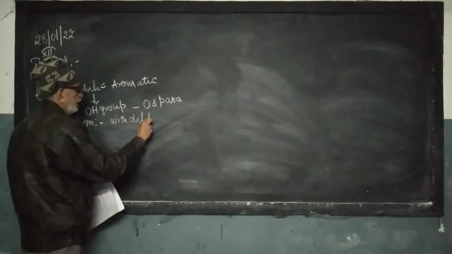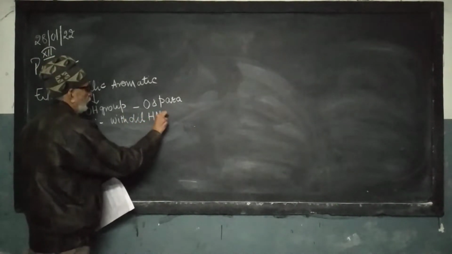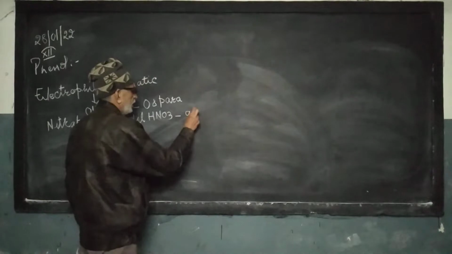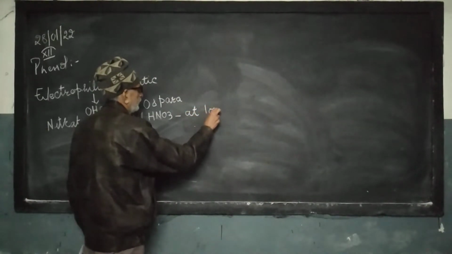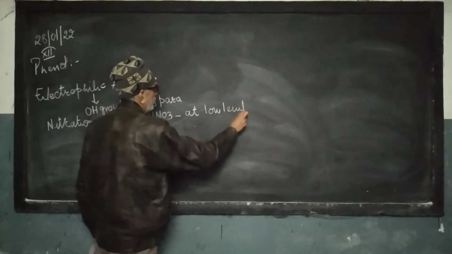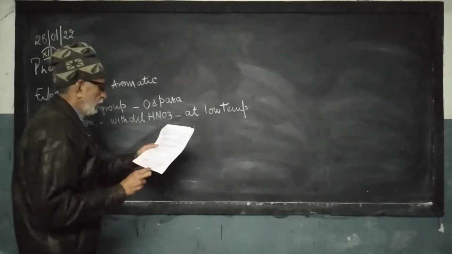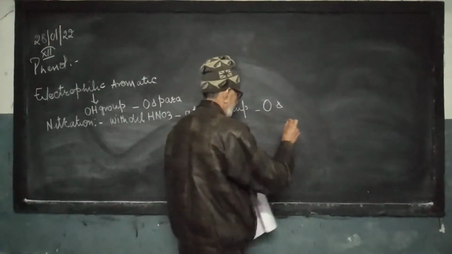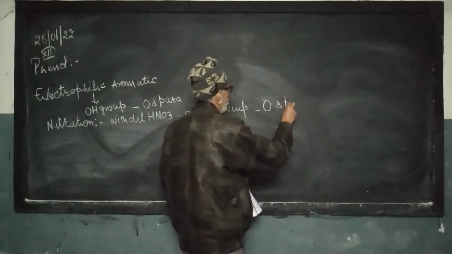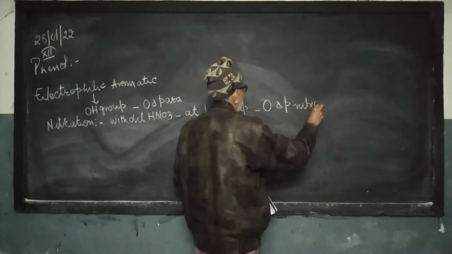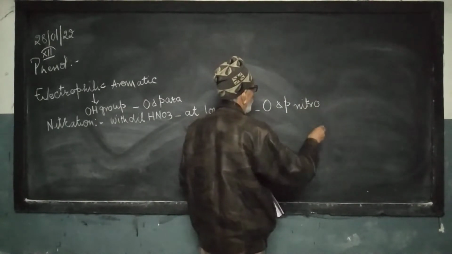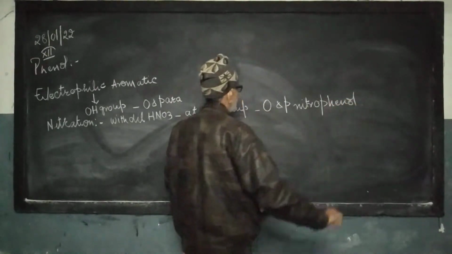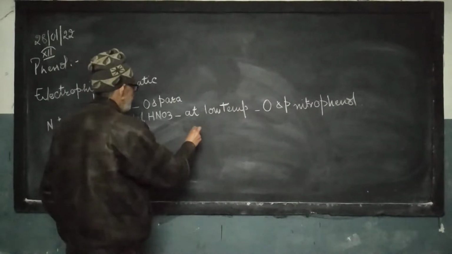With dilute nitric acid at low temperature, it forms ortho and para nitrophenol. Ortho and para nitrophenol. The equations are